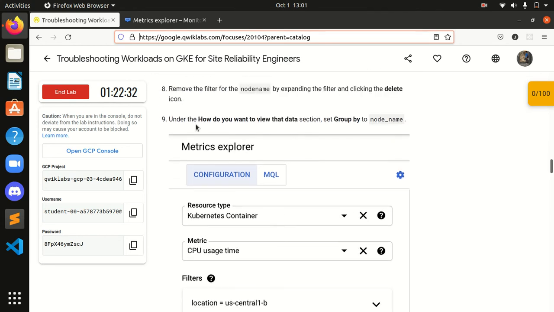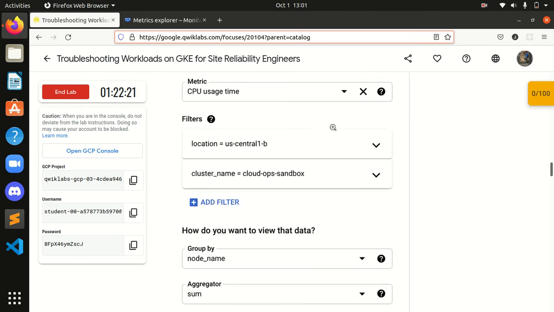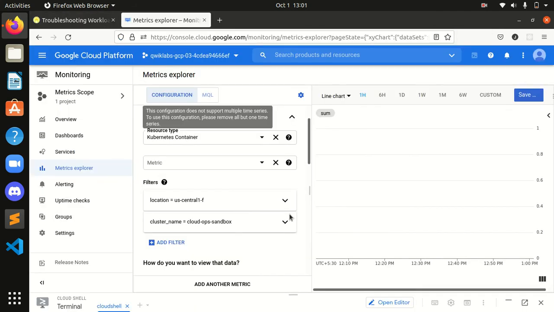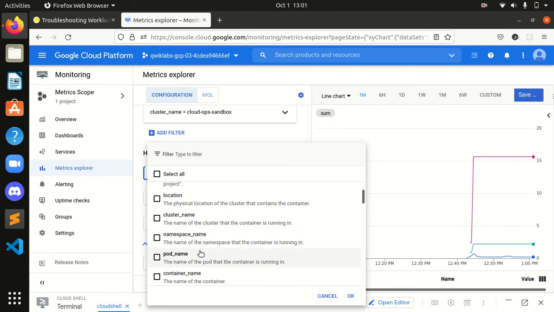Under the how do you want to view the data section, set group by to node name. Okay, where here? Okay, over here. Group by pod. Let's select the node name.